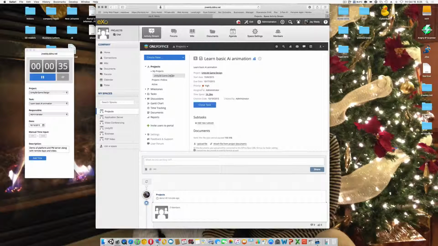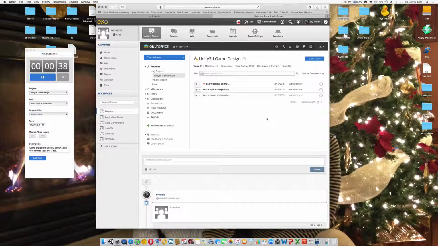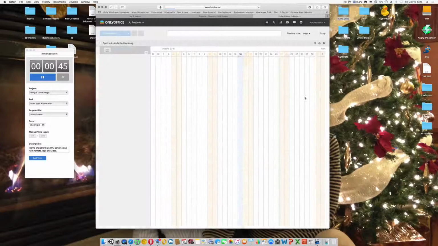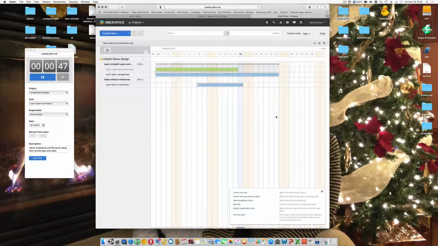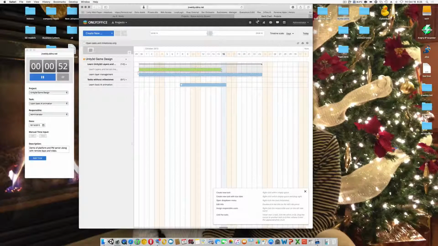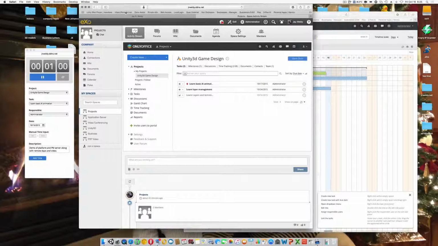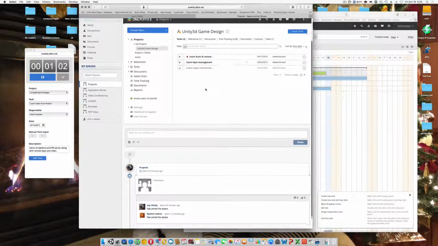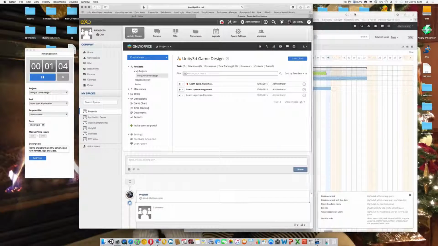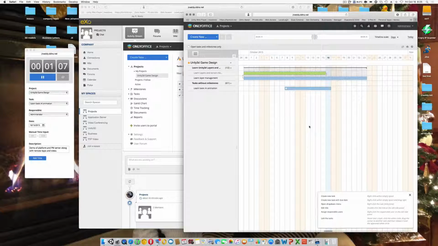Okay, so I'm in my project, Unity 3D Game Design, and now I need to look at a Gantt chart. That opens that Gantt chart in a separate window. Now, the nice thing about how that works and the timer works, and also the built-in project management chat, is now I can drag that window out of my primary window with a social feed, and I can work within this Gantt chart in real time, making changes, and my other